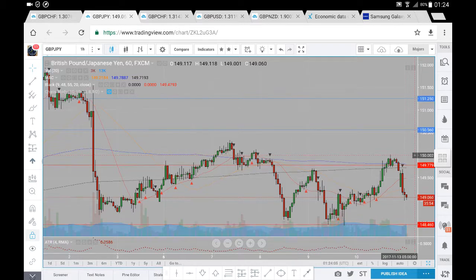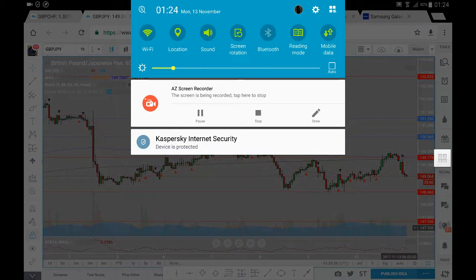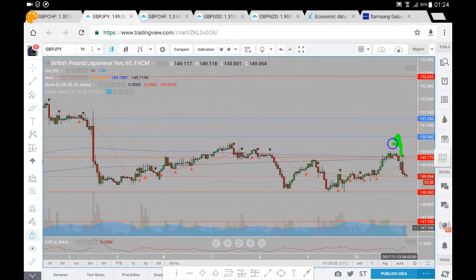Now to the downside, we did mention 148.46, and below that we're looking at 147.35. So again, we'll be looking to see our price react there and above in around that level. Now if we go down below and we do break down from there, we'll be looking at,